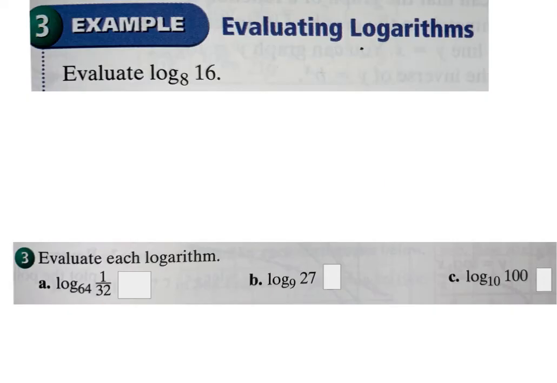So if you have bases that nicely go to something, you can evaluate it without a calculator. You have been doing this, you did it in bell work. You basically were evaluating exponents without using a calculator. You were just saying, oh, 3 to what power equals 27? That's 3, right? And so that's what you're doing when they have a nice, pretty base like these do. If you look at this first one here,